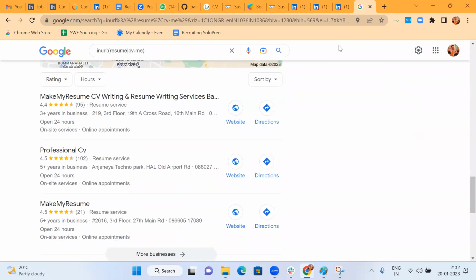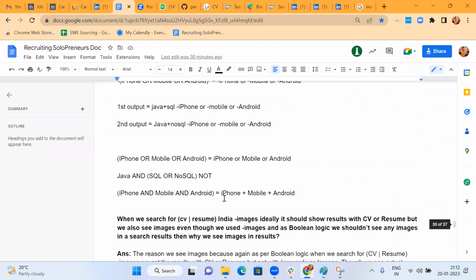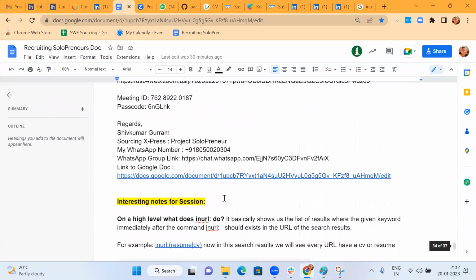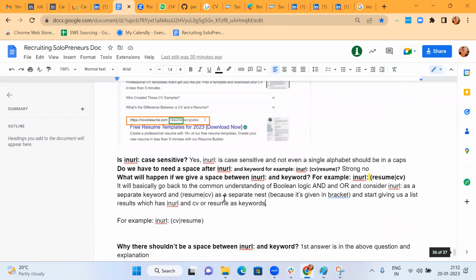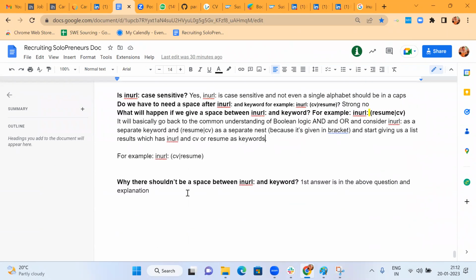All right. So I'll just take a pause. Any doubts on in URL? Okay, so let's come to the notes. Why there should not be any space between in URL and the keyword? First answer is in the above question. And the second answer,